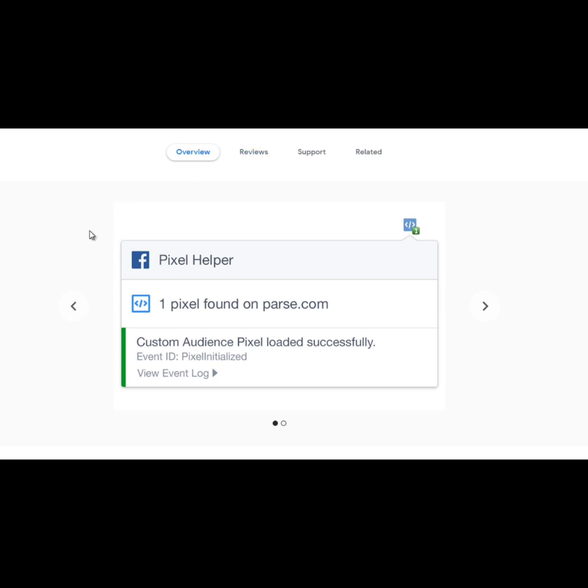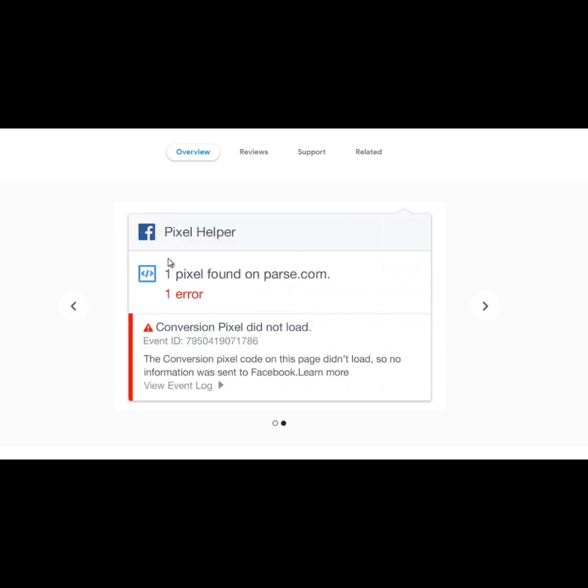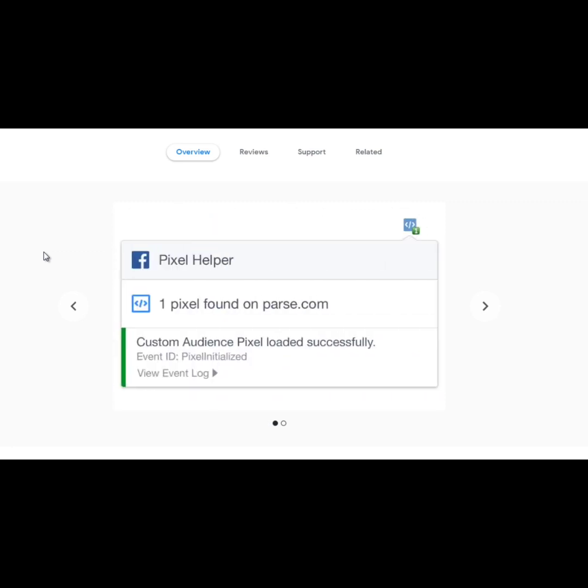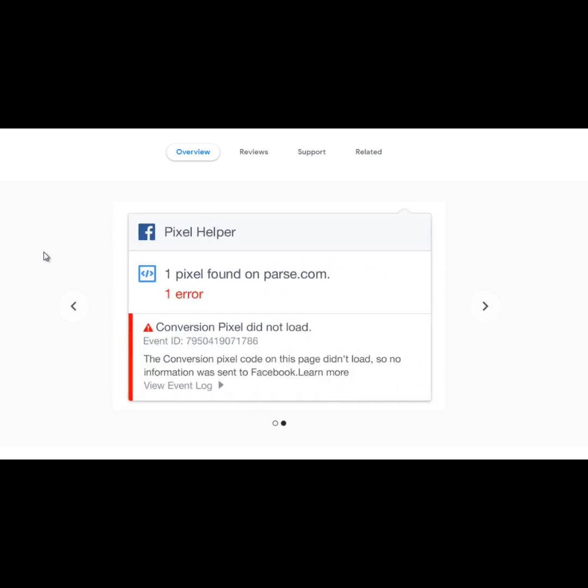So again, go to Google, type in Pixel Helper Chrome extension, and you'll get this right here. And that's really all you need. All you need to do as a recap is, number one, install the pixel in the head tags for any web page that you want. And number two, get this Chrome extension so that you're able to test and make sure that you've installed the